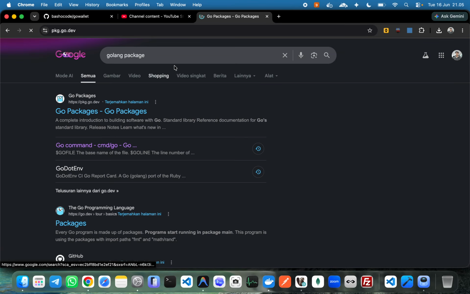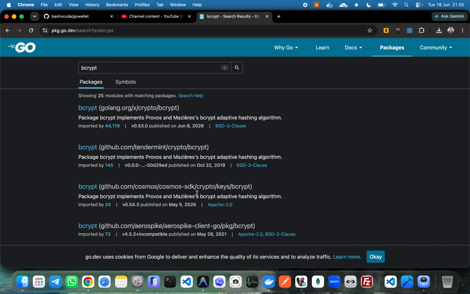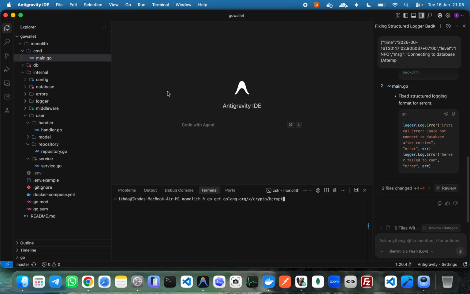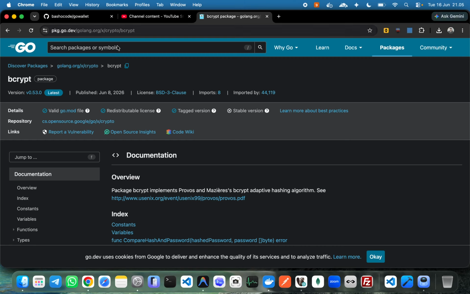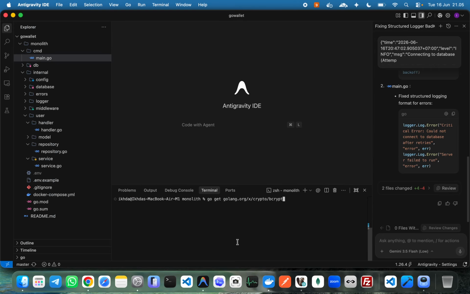Golang package Bcrypt. Yeah, this is correct, because it uses golang.org, x, crypto and Bcrypt. Okay, so we enter,